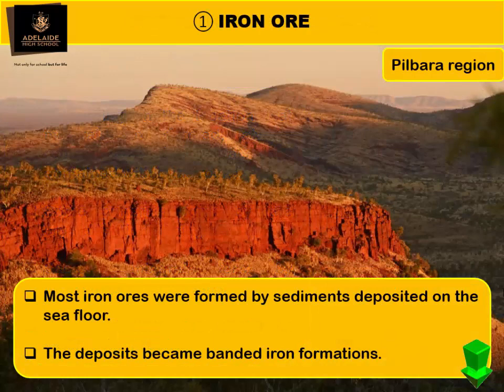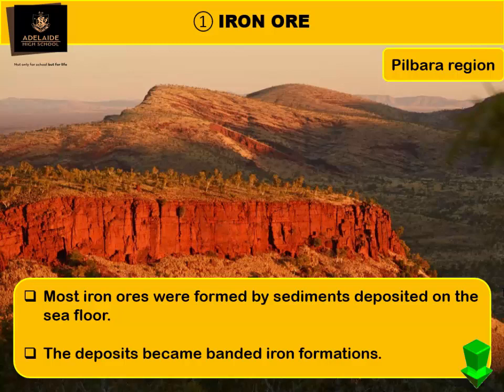This is actually a region in Western Australia called the Pilbara region, and this is where you can find iron ore. Guys, what sort of rocks do you see which have been deposited over here? Sedimentary. So within the layers of this sedimentary, where the sediments are deposited, that's where your iron is formed, all right? The deposits, or the sediments, are in between the layers of the rocks over here. So that is when iron is formed.